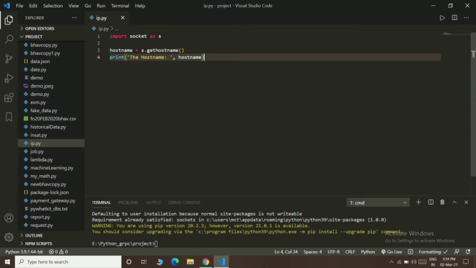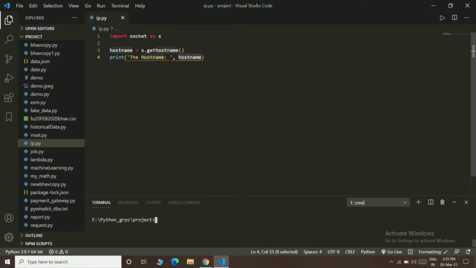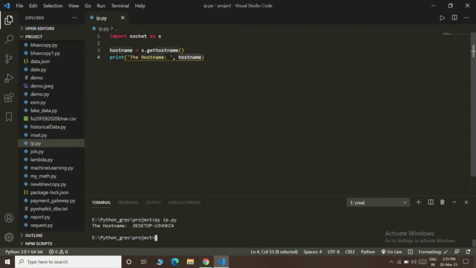The host name is nothing but your computer name. So clear the terminal. Now run the code by using py ip.py. The host name is desktop u3vhkc4.